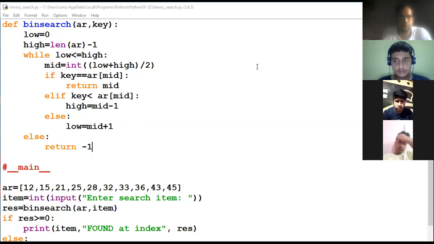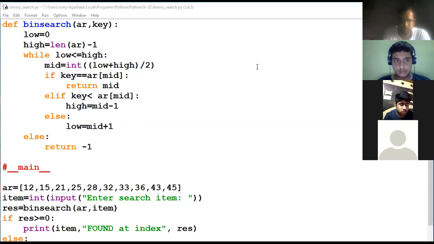Today we will discuss binary search. This is the program of binary search. You know very well what binary search is. In binary search, first we have to divide our array into two parts according to the mid value.